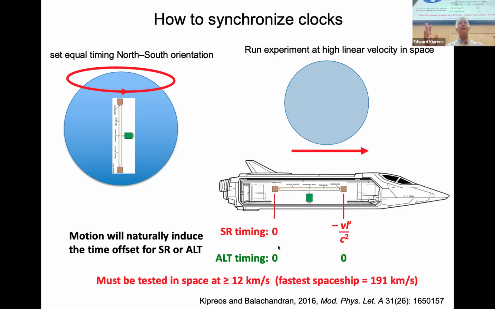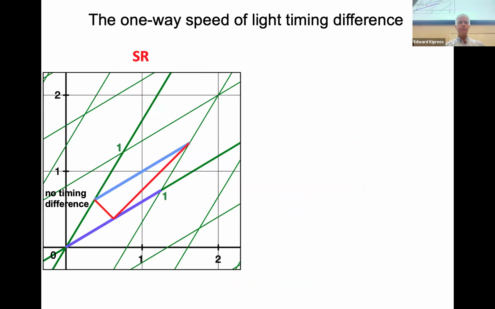So what's going to happen to the timing of those beams? Here we're looking at this experimental apparatus. It's sending light out from the center in the two directions, and this is for special relativity. And it's going to hit the two ends at some later time. And what you see is that it's going to hit this end and this end at the same time in the moving frame. Remember, time is read off slanted in special relativity, so there won't be any timing difference.